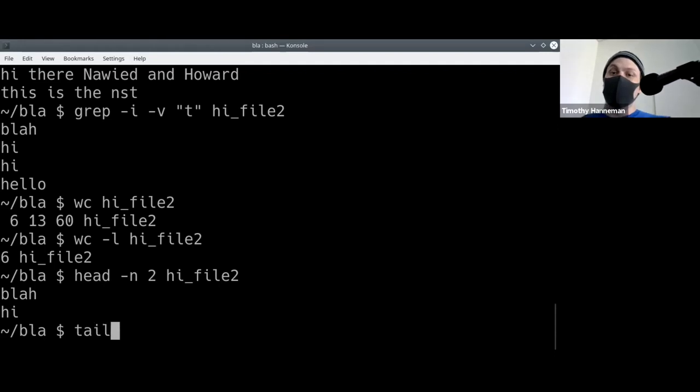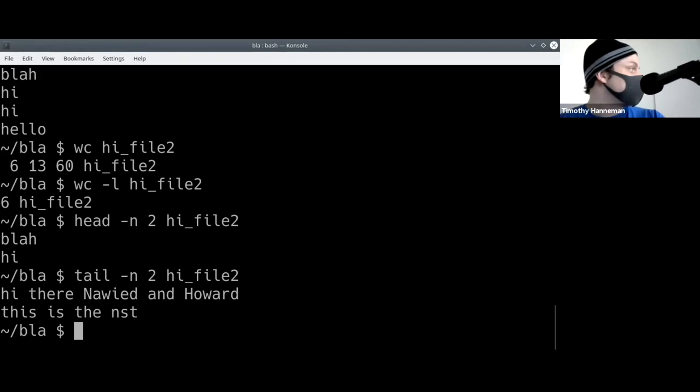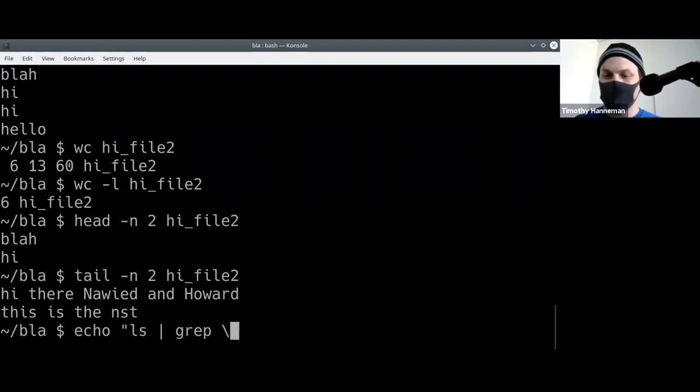To see only the end lines in a file, you can use tail -n, just like head. We're going to look for the last two lines, and we'll see what the last two lines in the hi file is. We're going to move on now to how do you run a script. So first we need to make a basic script. So I'm going to type in echo, and I hope echo works in Debian the same way it does work in Fedora. And we're going to